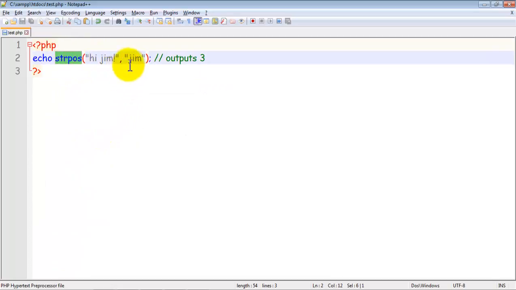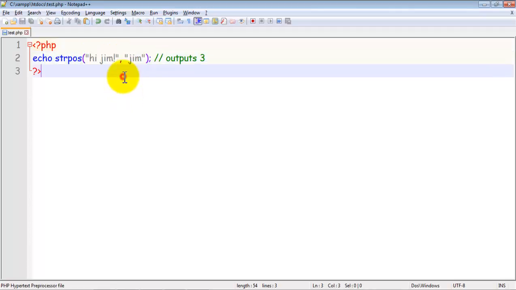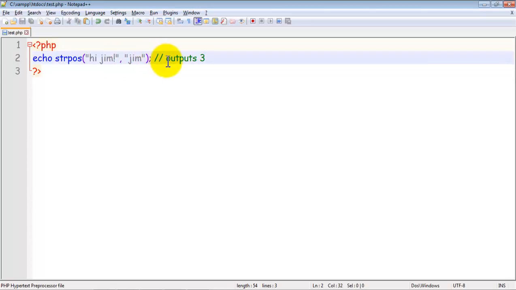Here this function will search for the letter J in the string "hi Jim" to find its position, so it will give the output 3. We might think that it will print 4, but actually it will print 3, because H's character position is 0, I's position is 1, then the empty space's position is 2, then J's position is 3.